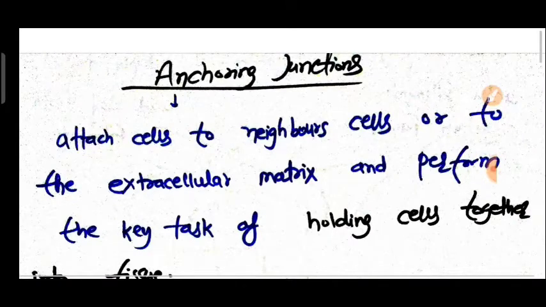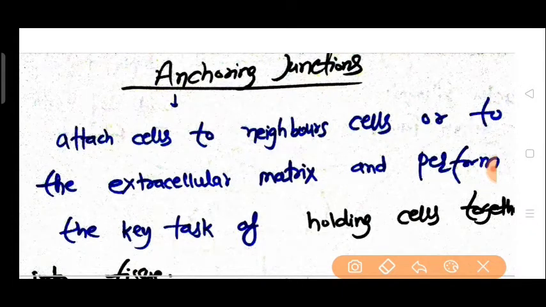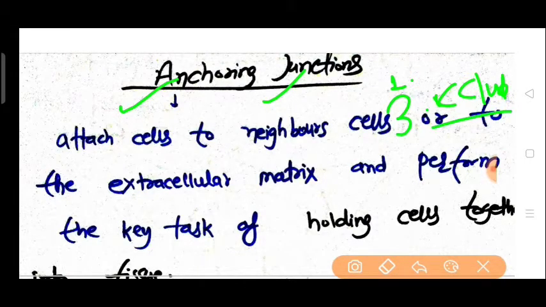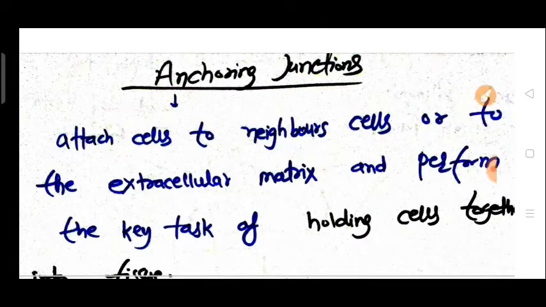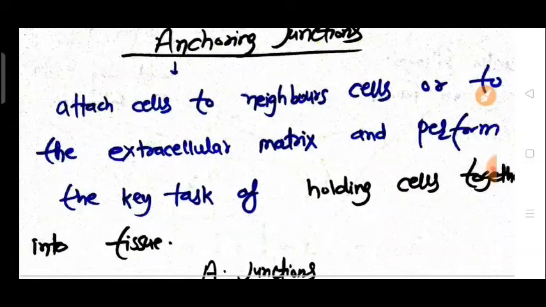Three types of cell junctions can be seen. We have already discussed the basic details about cells and junctions. First is anchoring junctions. Second is communication junctions, which we have already discussed very briefly. Third is occluding junctions. After this video we will learn about occluding junctions, and the cell junctions topic will end. This is a very important topic for CSIR NET aspirants and MSc preparing students.